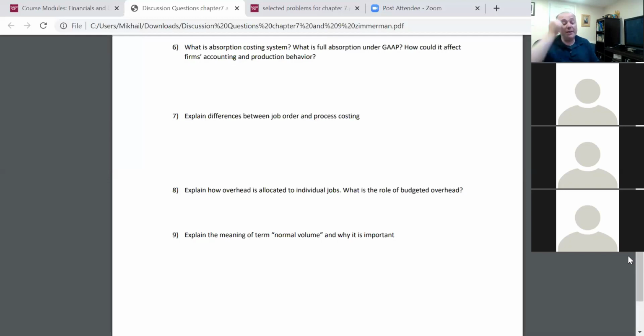That needs to be somehow dealt with at the end of the year. Well, you can simply expense it, or you can reallocate it, but that's what's called an overhead variance, the difference between budgeted and actual.